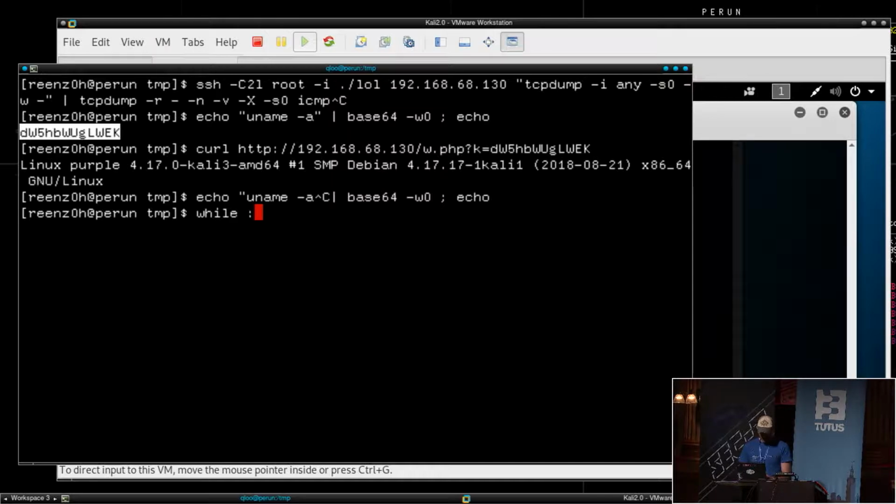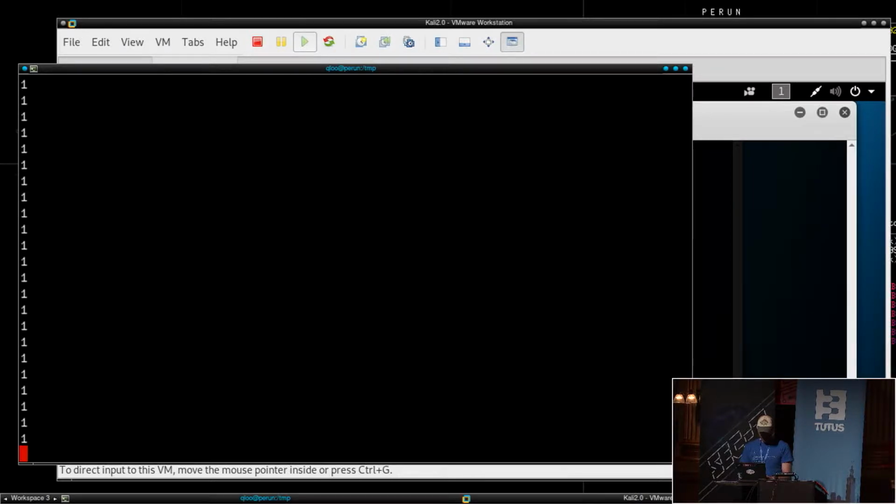So we take an infinite loop. Let's make sure that it works. Yep. Now, first we need a prompt, right? So let's build a prompt. Then let's read our command from the command line, and then do our curl.